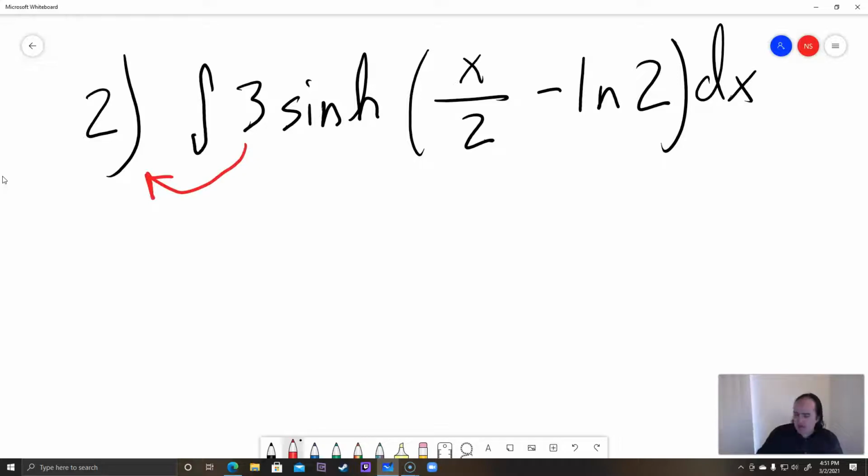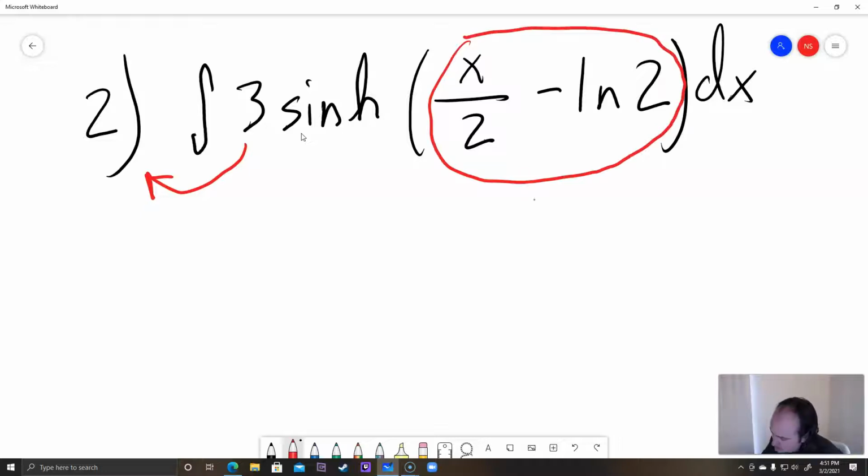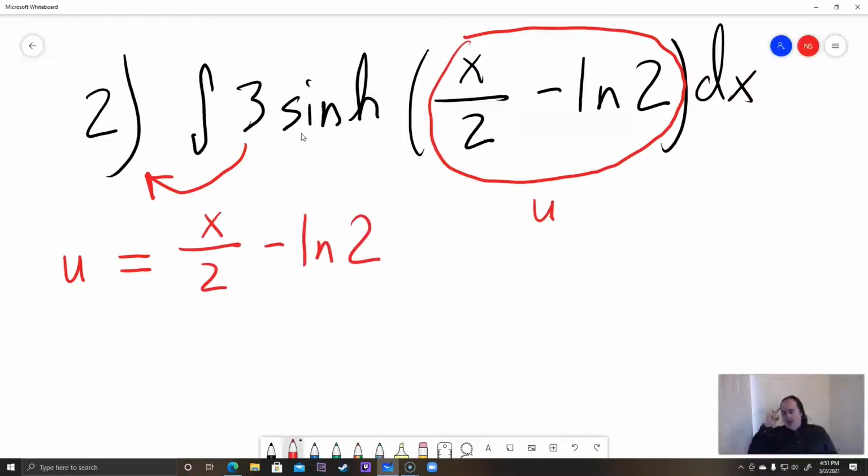And then once again, because we have a composite function, we need to let u be the inside of this composite function. So in other words, u is going to be this big thing inside of sinh. Okay, so here our u is actually just going to be all of this. X over 2 minus ln of 2. Okay, so if we let u equal x over 2 minus ln of 2, then we need to go ahead and take the derivative. Okay, so we're going to get du dx